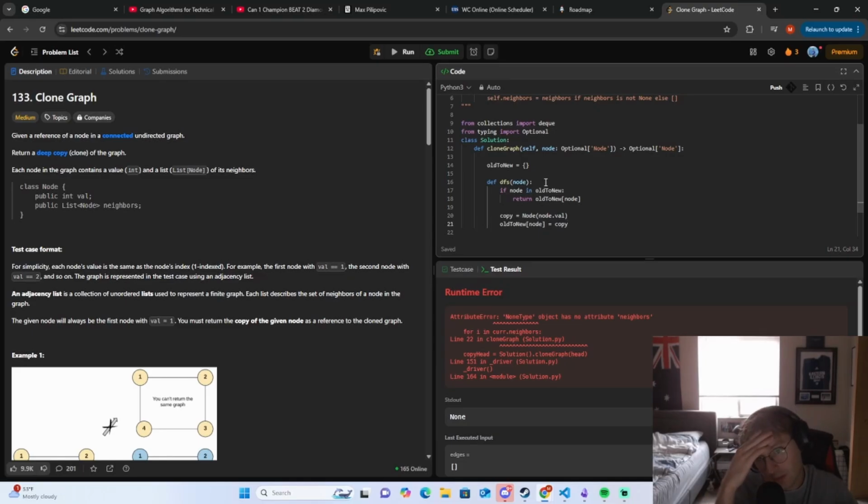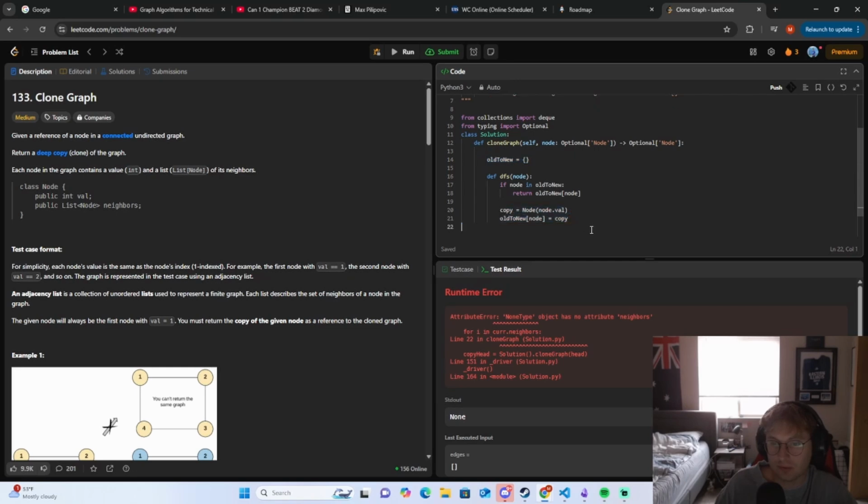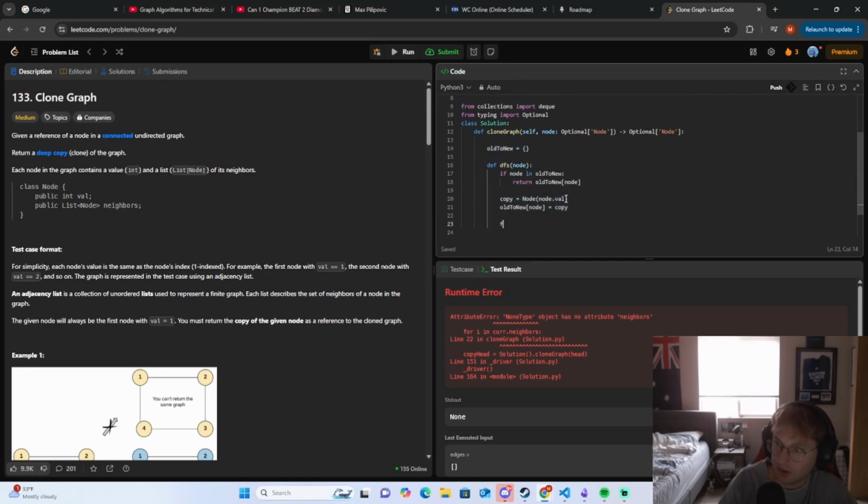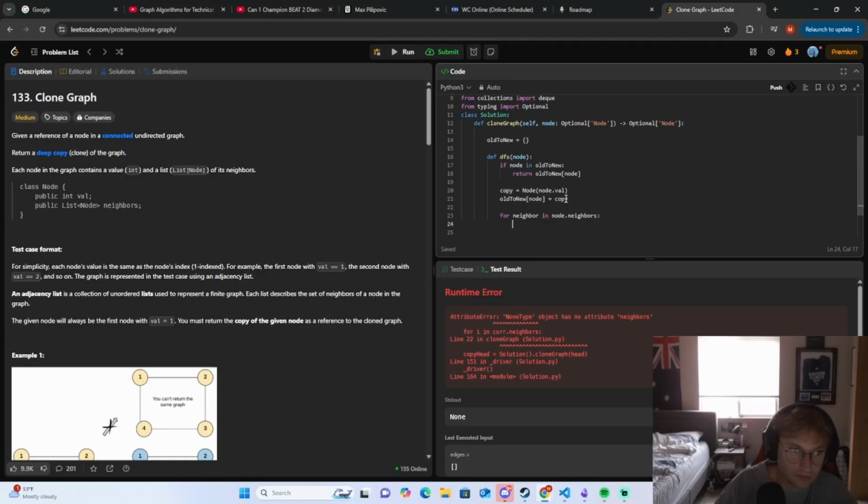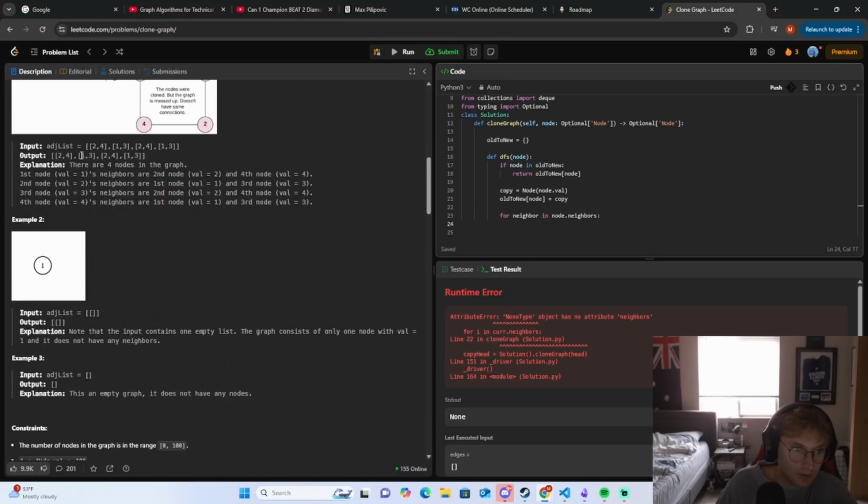Create a copy of that node. We add it to our list, right? And for neighbor in node.neighbors, right? For the neighbor in node.neighbors,